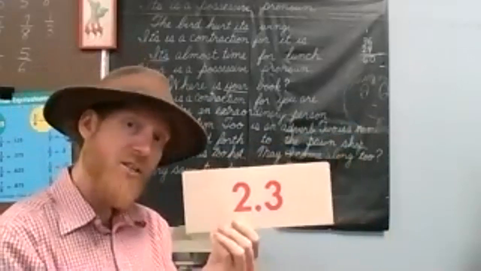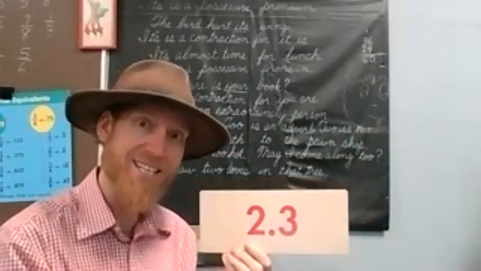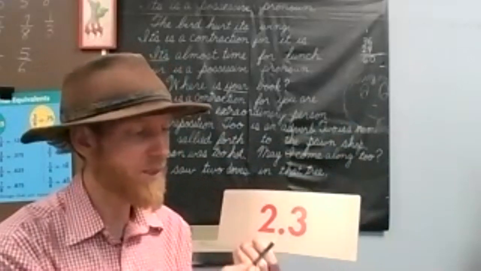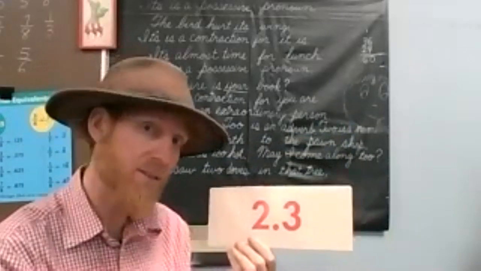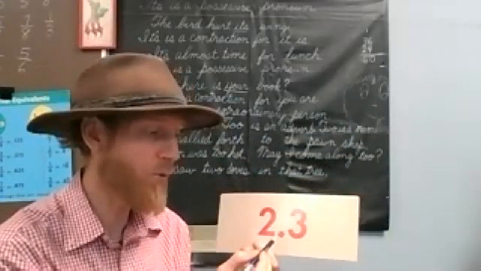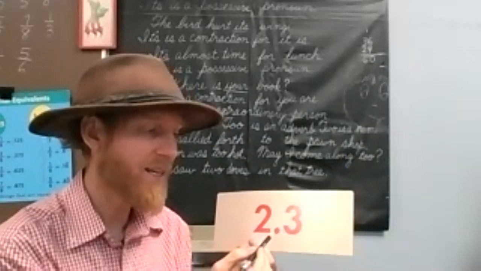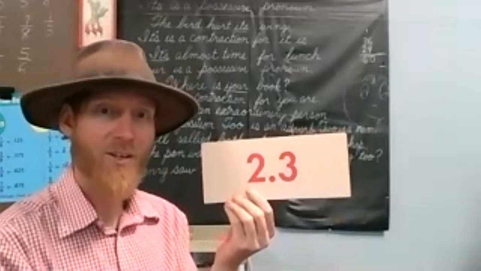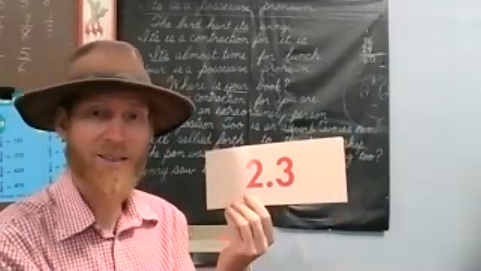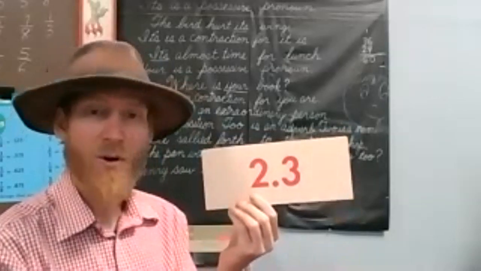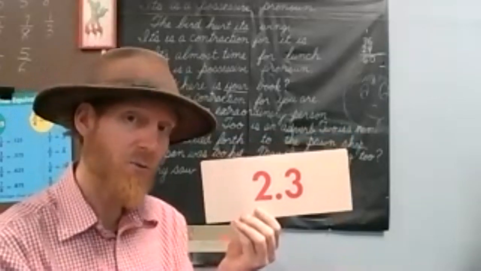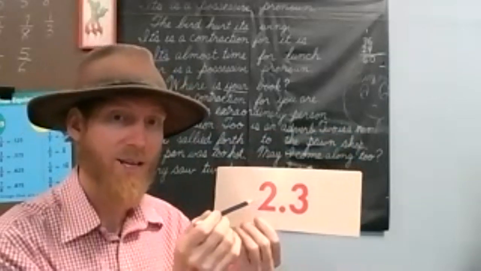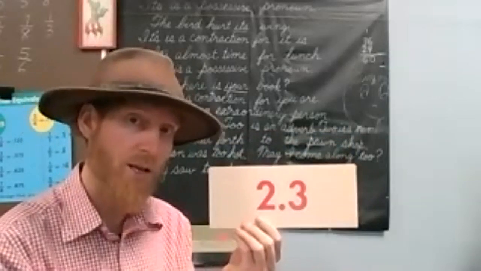2.3. Now, 2.3 is part of a number, isn't it? It is indeed, this part anyway. It's actually a mixed number, isn't it? There's a whole number on this side with a decimal point and then part of a number on the other side. So it's 2 3/10, or 2.3. That's really important that you understand that this is part of a number and that is a whole number,